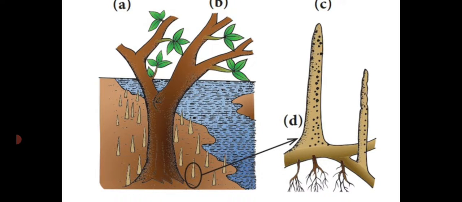See diagram D. This is the aerial root that is negatively geotropic, positively phototropic, which contains black colored dots. They are said to be pores. Those pores are named as pneumatophores. What is that one? Pneumatophores. Through these pores, this Avicennia plant exchanges its gases, that means taking oxygen and liberating carbon dioxide, so these roots are known as respiratory roots or breathing roots. Example, Avicennia.